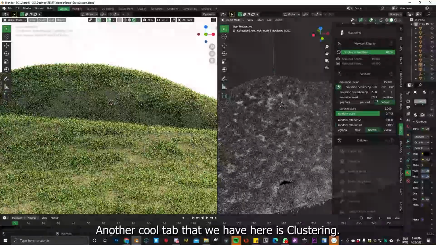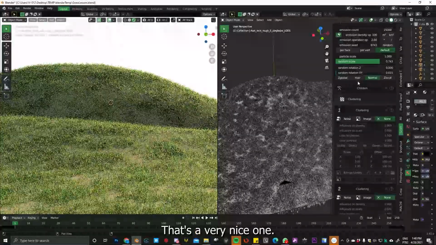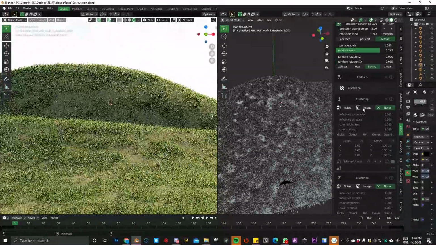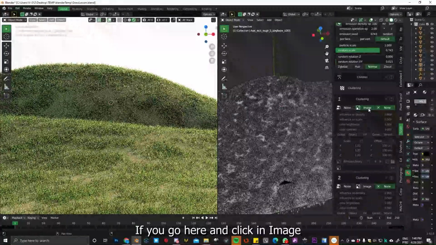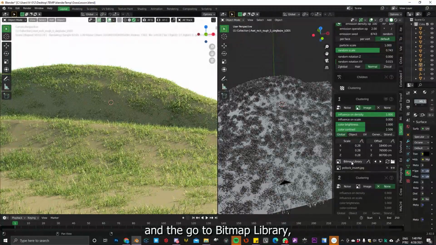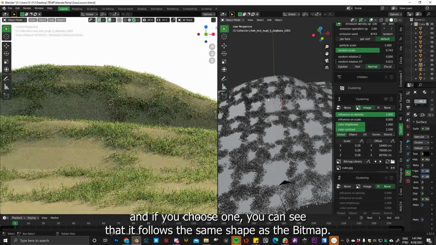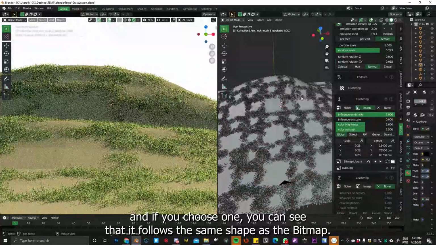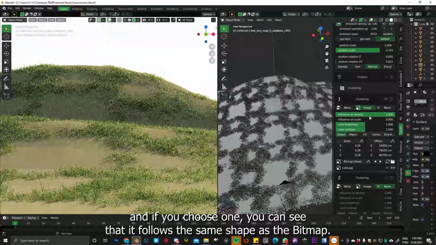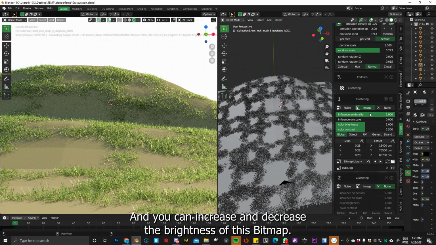And another cool tab that we have here is clustering. That's a very nice one. Okay, if you go here and click an image and then go to bitmap library, select this thumbnail, and you have a lot of different thumbnails. And if you choose one, you can see that it follows the same shape as the bitmap. And you can increase and decrease the brightness of this bitmap.